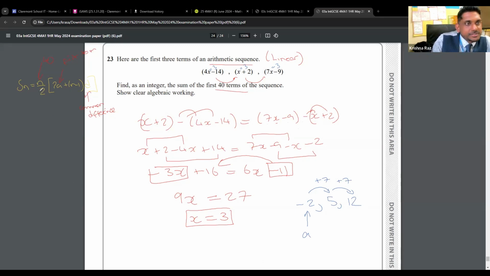Now we're in a position to use the formula. The sum of the 40 terms is the number of terms divided by 2, multiplied by 2 times the first term, so 2 times minus 2, plus n minus 1 d, so 40 take away 1 times the common difference. And the common difference was 7. If we neaten that up,